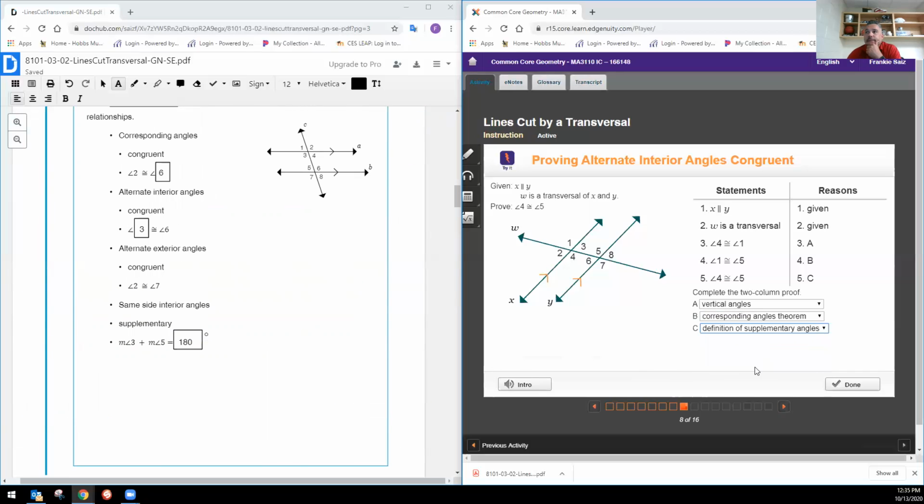Okay, so it's supplementary angle. Let's see where we did. Find one angle in the diagram with which angle 4 and angle 5 have a proven relationship. Oh, you can't add 4 and 5 together. I don't know why I picked that one, but those are going to be the